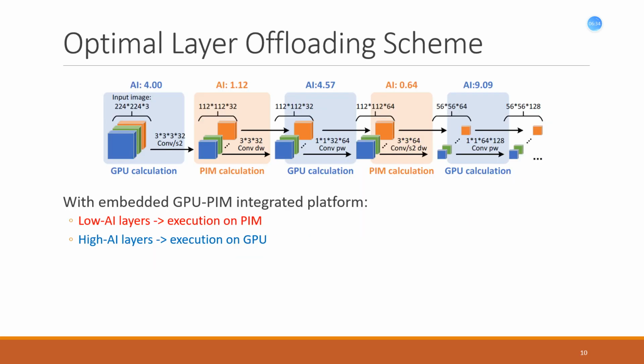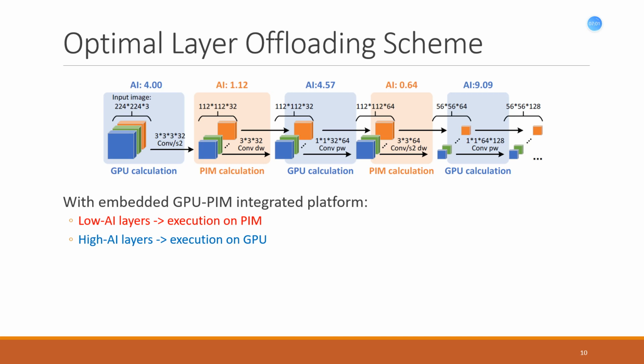When we apply the fine-grained roofline model to our GPU PIM integrated platform, taking Google's MobileNet as the example, we have different AI values for different layers, as the figure shows. Then we assign the layers with low AI value to be offloaded to PIM to gain benefit from its high memory bandwidth, while letting the layers with high AI value still execute on GPU to get the maximum